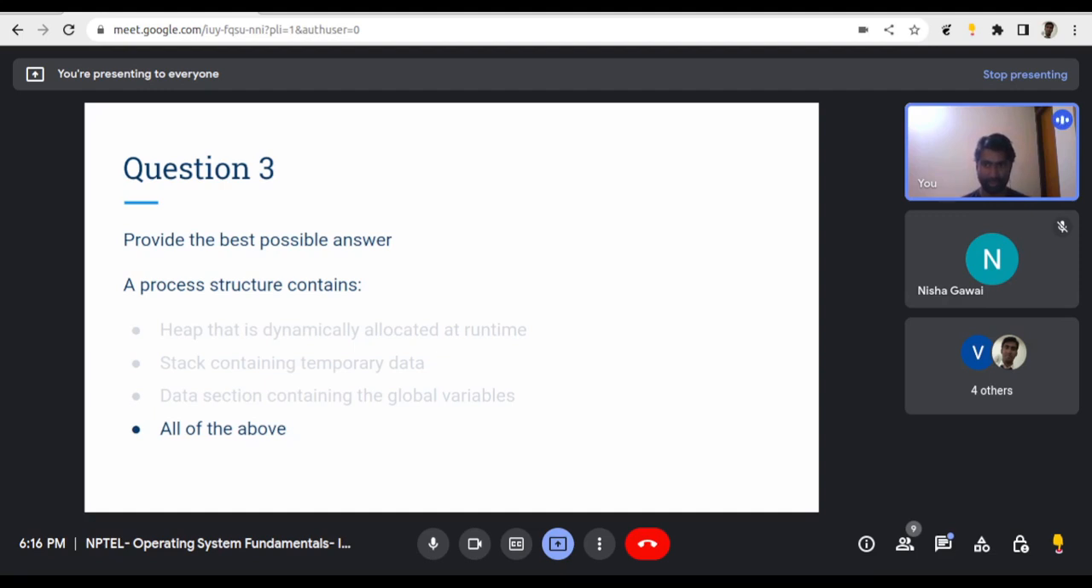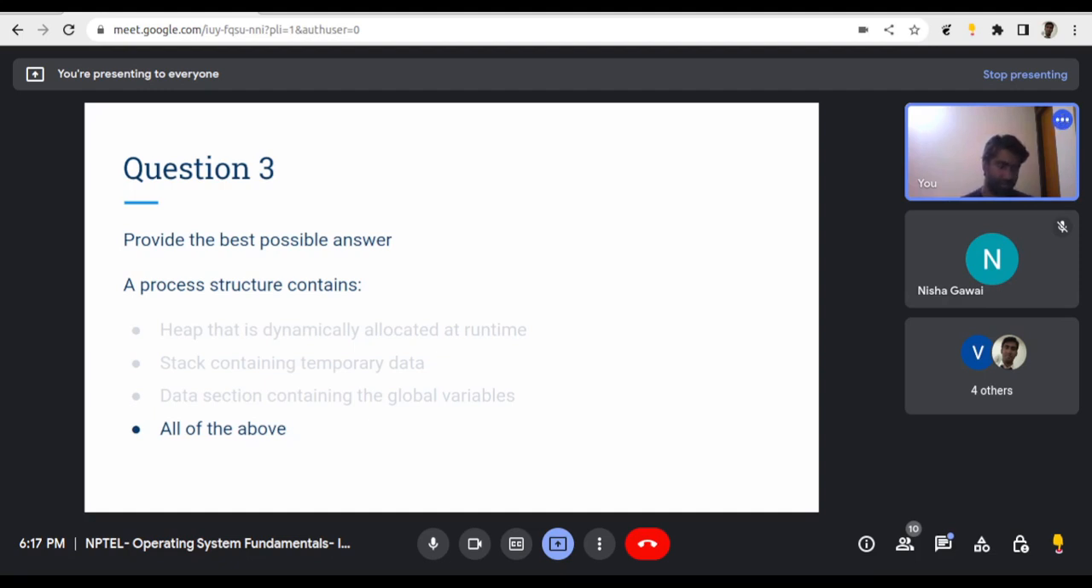So there is a heap that is dynamically allocated at runtime. All the malloc, calloc, realloc function calls, the variables that are dynamically created through those function calls, are all stored in the heap, right? So yeah, the stack contains the temporary data, for example the data that are created locally in